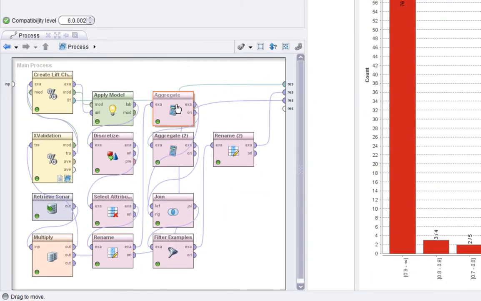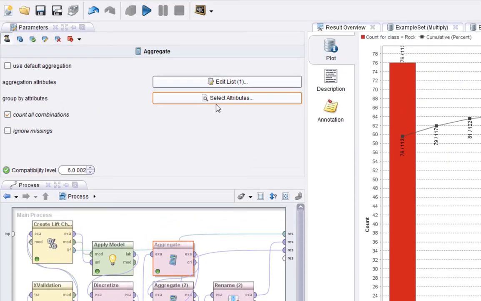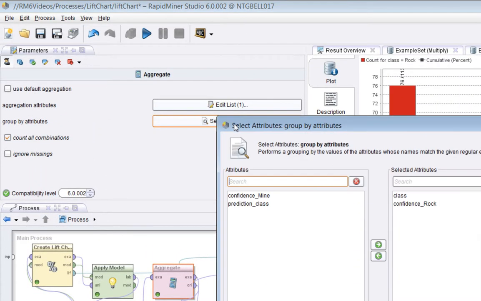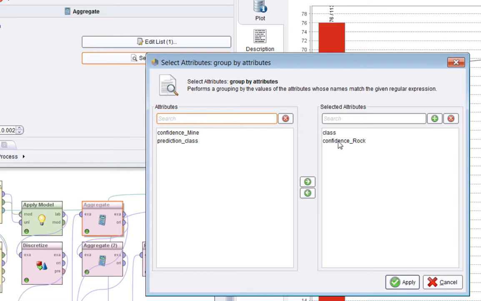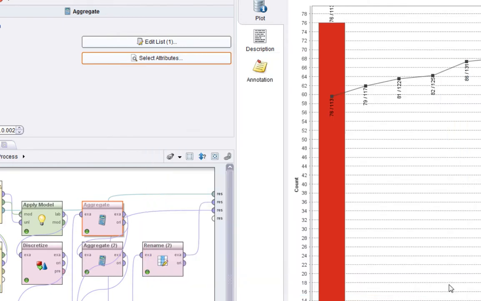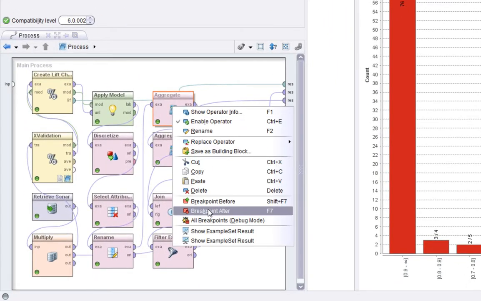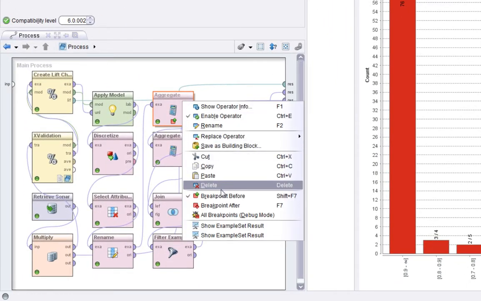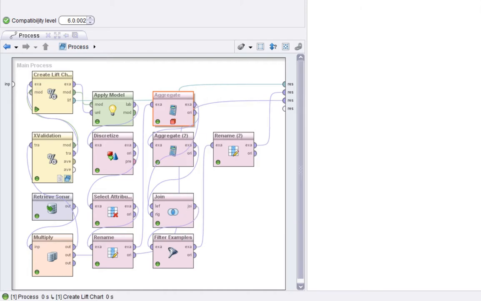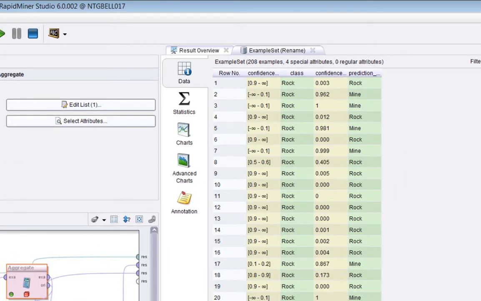Then I'm going to aggregate by class and the confidence that it's rock. Now if you remember, confidence rock is now in one of 10 values, depending on how confident it is. It's not a number, it's a nominal value. And class will be one of rock or mine. So let's set a breakpoint just before and just after this aggregate, so we can see what it looks like. Here I've set the breakpoint at the point where I'm just about to do the